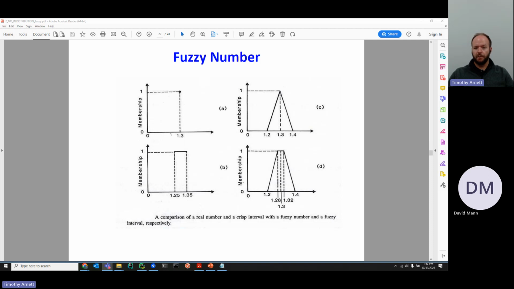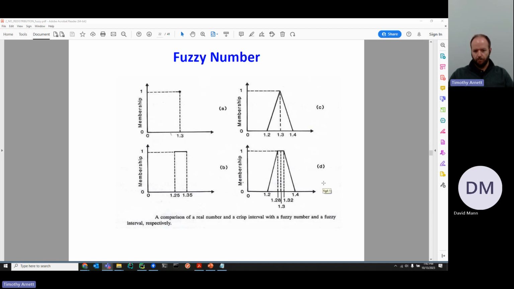You can have other membership functions that describe a gradual increase between 0 and 1, like in this case, which is triangular, having full membership at this value 1.3 where it's centered. You could also have a combination of these. Like in this case, we have a trapezoidal membership function where we have this interval with full membership in the set. But then outside of these boundaries, 1.28 and 1.32, we see this gradation as defined by these linear segments where you have partial membership, but not full membership in that set.